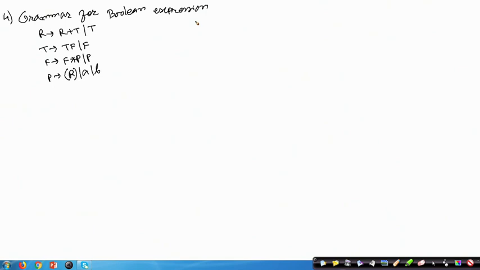So, the first step for getting the corresponding LL1 parser is to remove the left recursion.